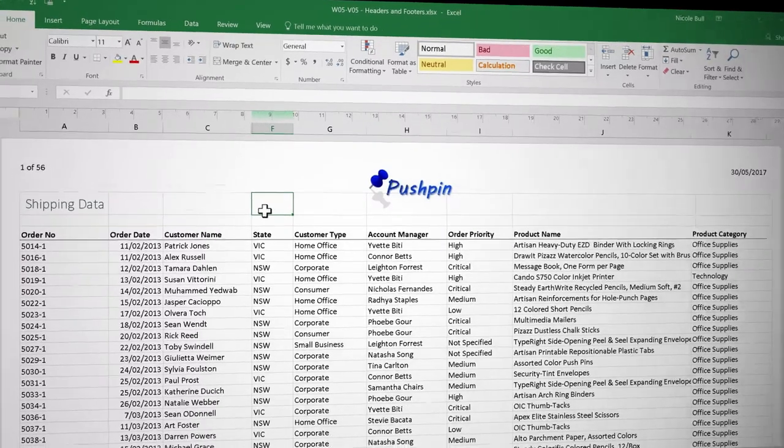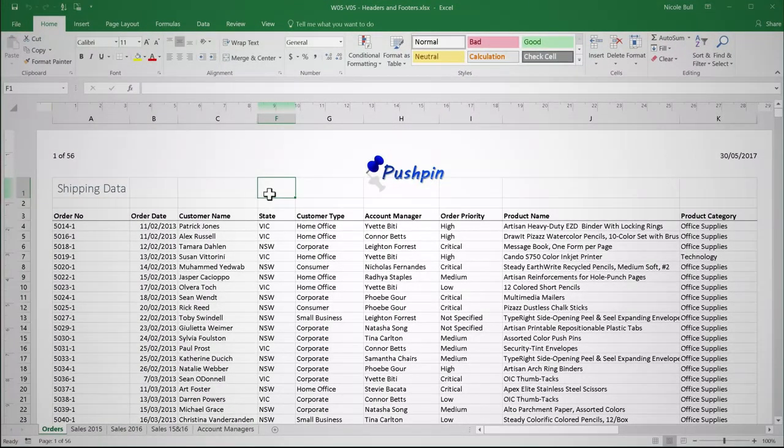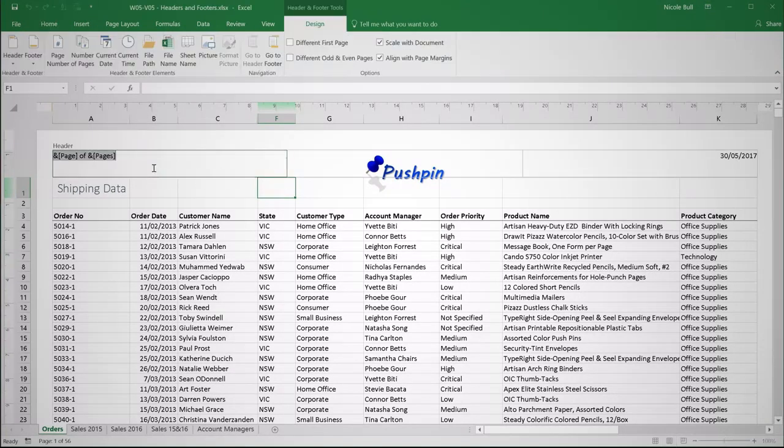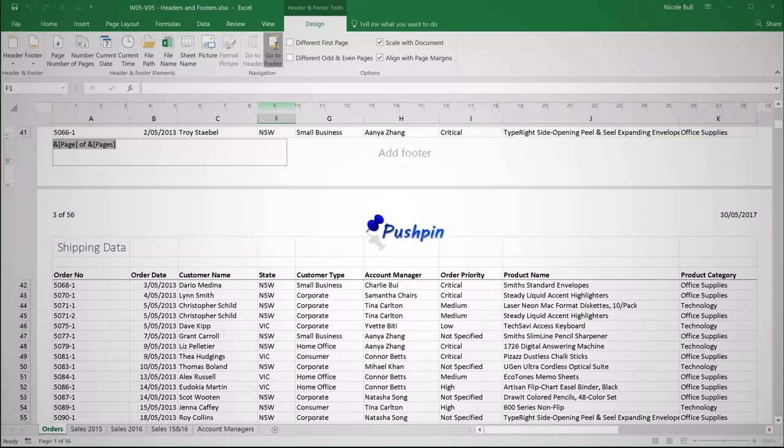You can, of course, also add footer information. Here you have the option to scroll down till you get to the footer and click in it as we did with the header, or come back into the header, come up to your header footer tools and click Go to Footer. Bear in mind you will only have access to these tools if you are clicked in the header or the footer. I click Go to Footer, and I'm now in the footer section, which also has 3 compartments. I only wish to change the middle one, so I'm going to click there,